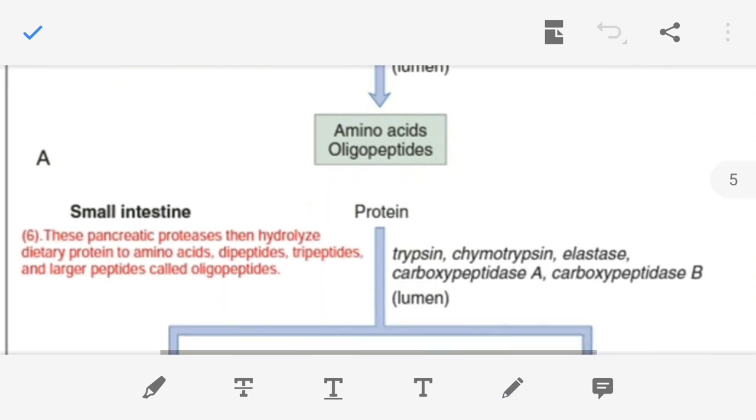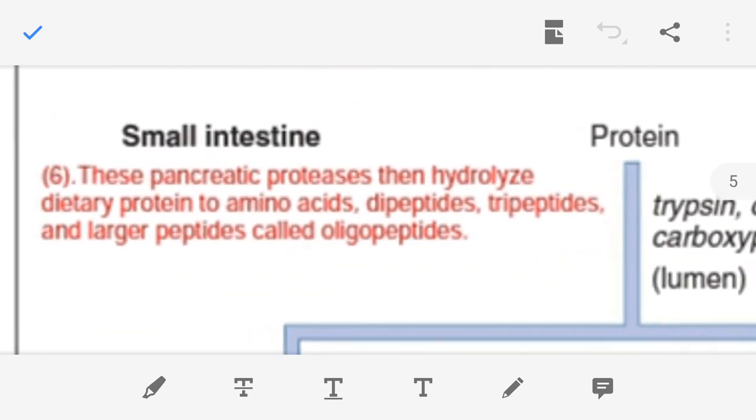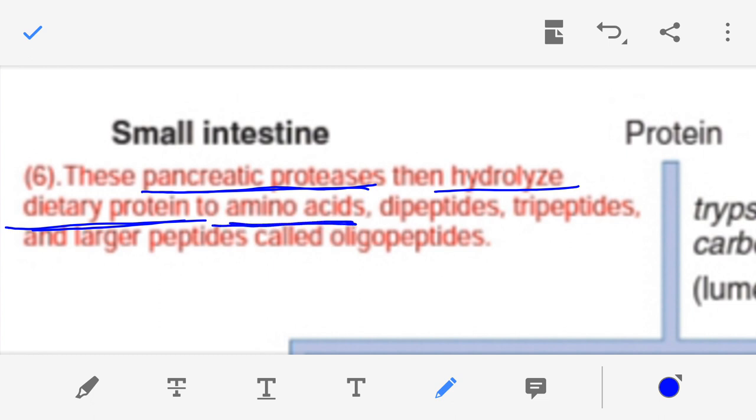Now in the small intestine, what is happening? In the pancreatic juice, pancreatic proteases hydrolyze dietary protein. The protein of our food is known as dietary protein. They are hydrolyzing the dietary protein and converting it into amino acids, dipeptides, tripeptides,